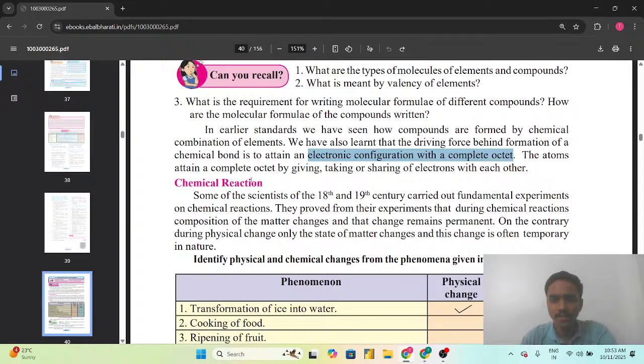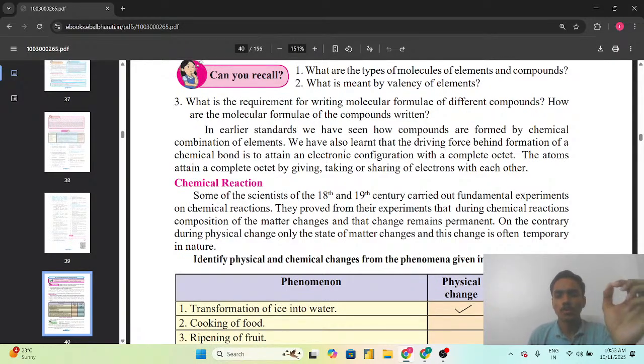So each and every element tries to attain the electronic configuration of the noble gases, as we have seen in the previous chapter, that the group of inert gases, the noble gases, have their octet complete. That means they are completely stable. So each and every element present in the rest of the periodic table, excepting the noble gases, tries